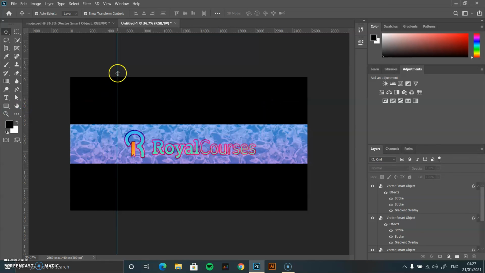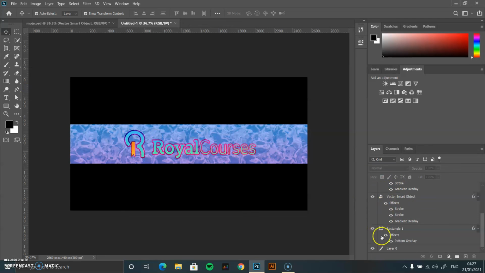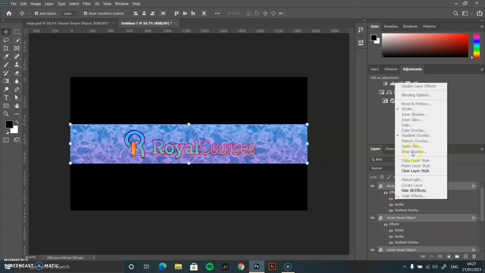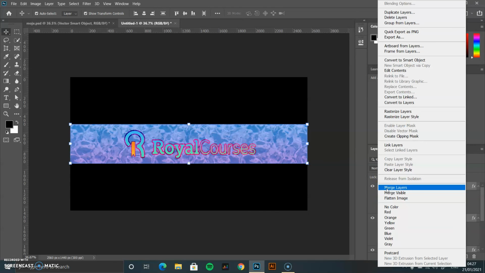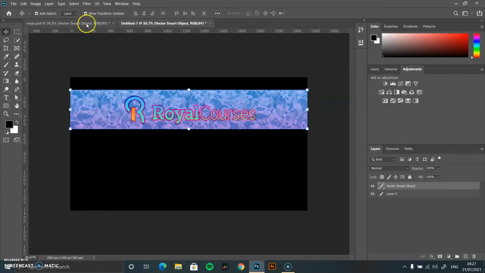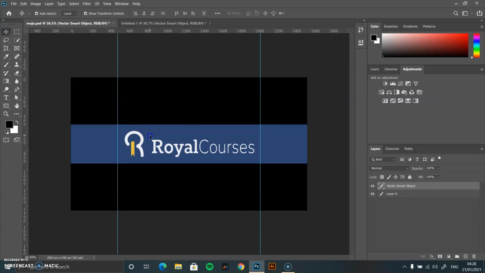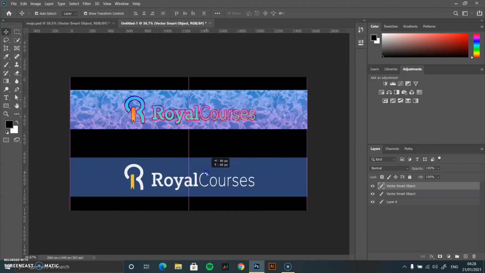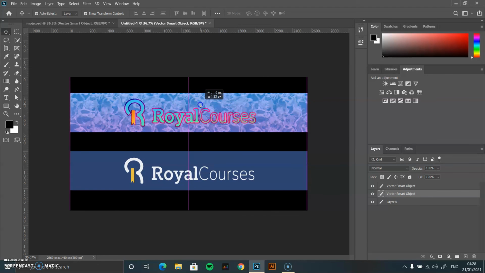Let us move the gradient over here, and we will be now clicking Shift and merging this together and moving it up here. Then we will be putting this next to this. And as you can see, I think I did a pretty good job,